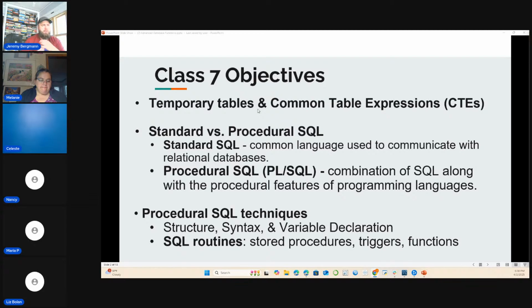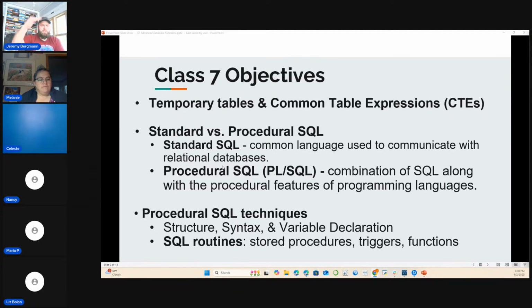It's like in class 3 where we created our own tables, but these are temporary tables, so they aren't persistent. They only exist while you're logged into the server, and once you log out, these tables go away. And you say, well, what's the difference between creating a regular table and a temporary table then? We'll see with stored procedures,